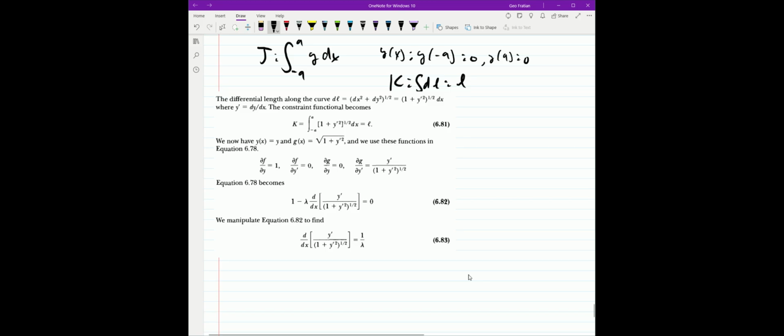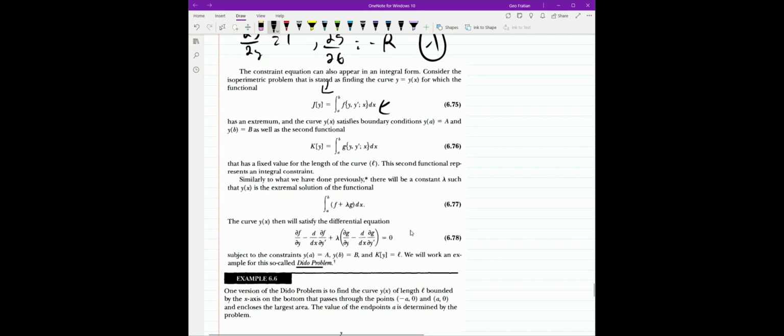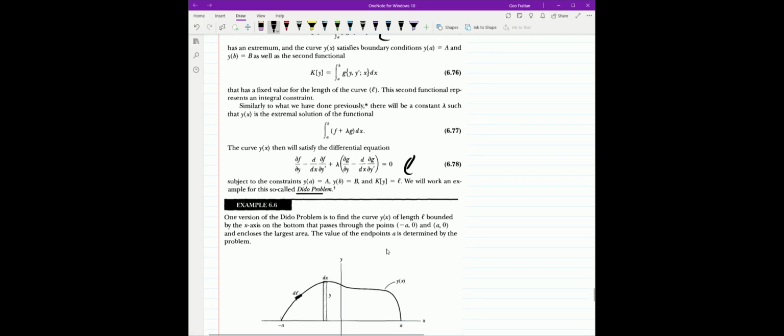Using that, we get basically the same f function, and we can plug that into our k value, which in this case is our g function because we're dealing with k, and our constraint functional becomes this. We know it's equal to L, so that lets us know that since y of x is just y and g of x is just 1 plus y prime squared, we can use these functions in our previous equation, 6.78 right here, into this equation, because that's to satisfy that differential